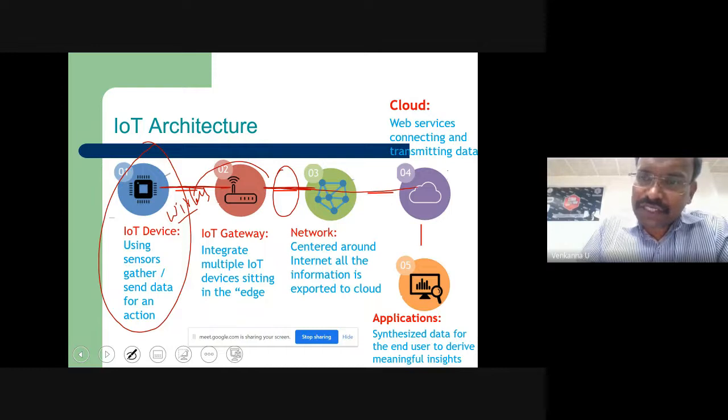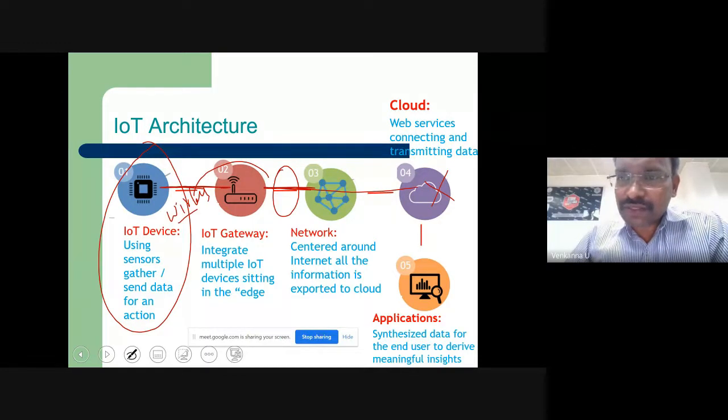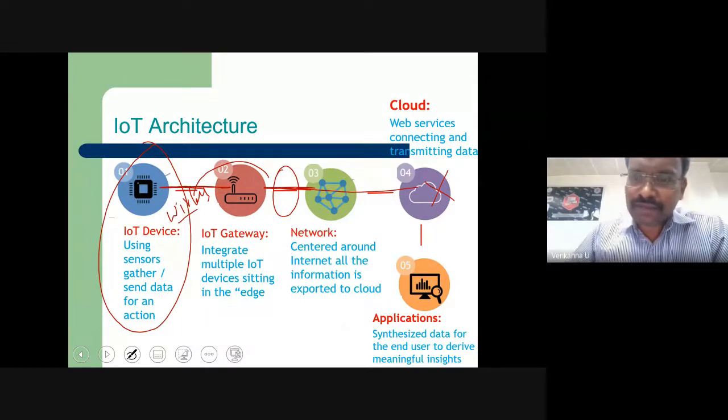You may have doubts, sir. What is the role of cloud in IoT? Please do remember, without cloud, IoT technology is invalid. If you develop any prototype without any cloud, it does not make sense. Examples of clouds you might have seen are ThingSpeak, Google Firebase, and Ubidots. Many cloud services are available on the internet. You can make use of them; some cloud services are free, and some you need to pay for.